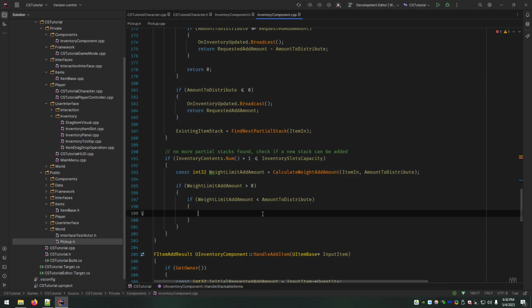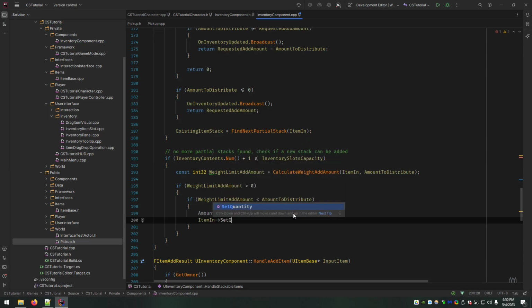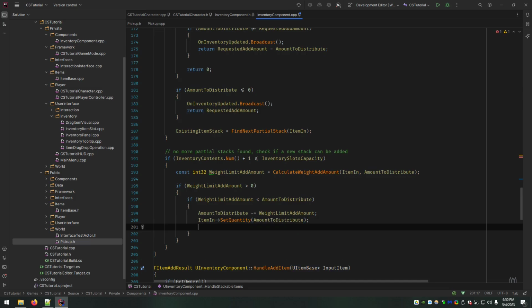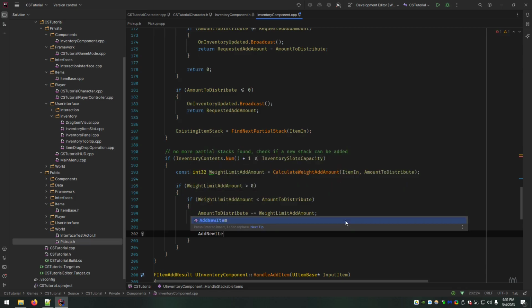If that's the case, we go ahead and start adding it. So amount to distribute minus weight limit add amount. We set the quantity, we then call add new item.